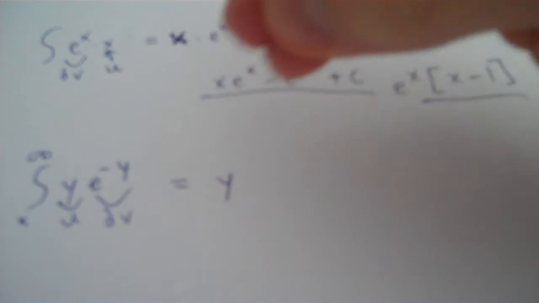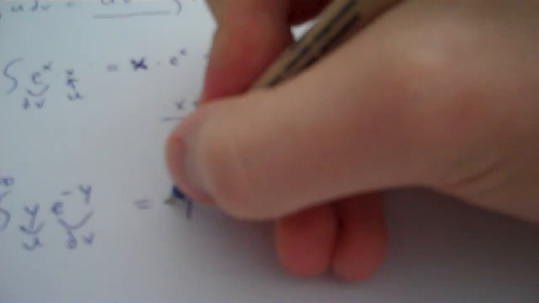Integration by parts also works when you have a definite integral. So let's take a similar example. If you want to take the integral of y e to the negative y from x to infinity, then again we'll choose y as our u term, so e to the negative y becomes our dv term. So from the formula we have up here, you want u times v, so y times the integral of e to the negative y, which is negative e to the negative y,